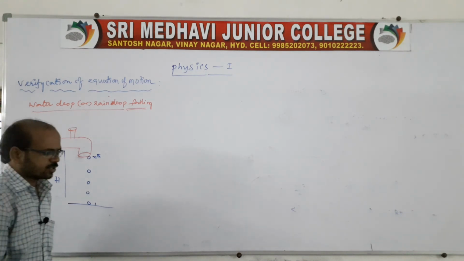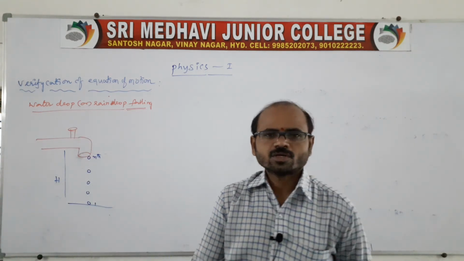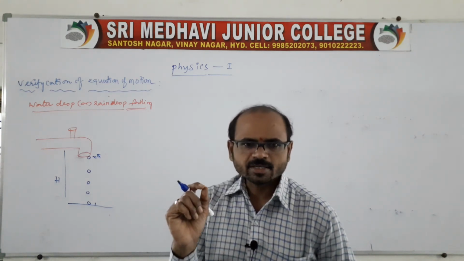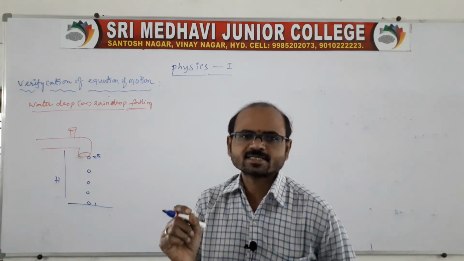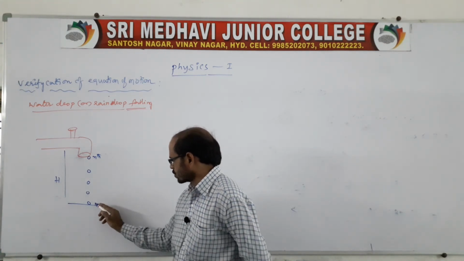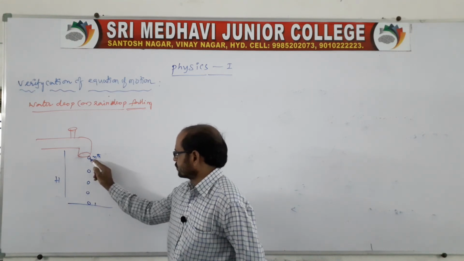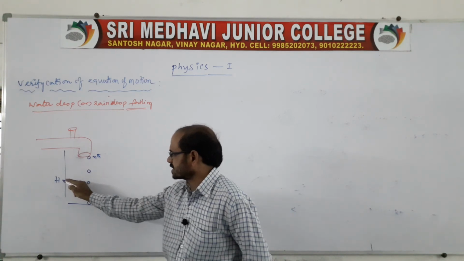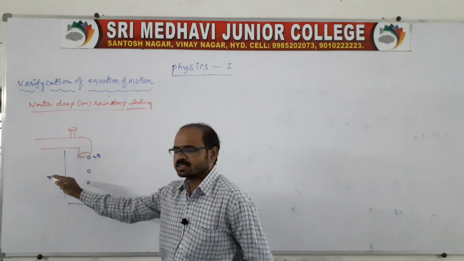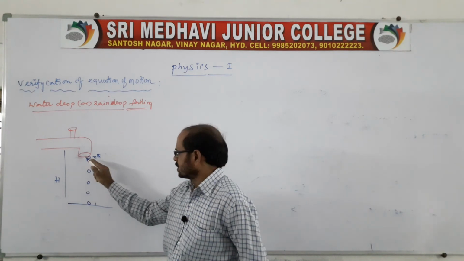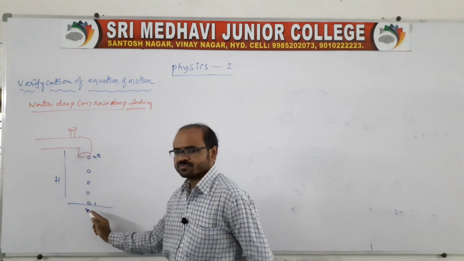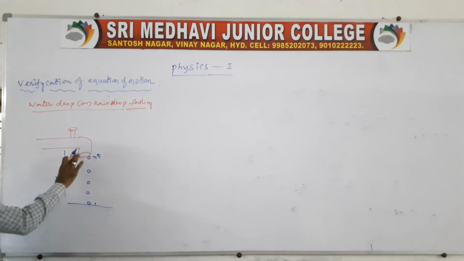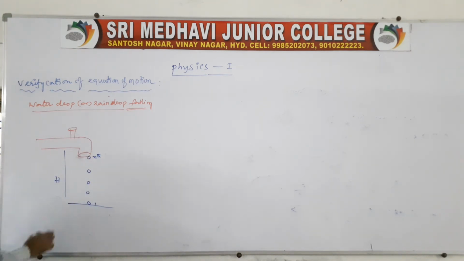Try to understand: water drops are falling from the ceiling or from the tap, so that the drops fall at regular intervals of time, or we can say successive time intervals. When the first drop reaches the ground, the nth drop is ready to fall. The tap or the ceiling is located at height h. Now we have to get the distance between the successive drops.